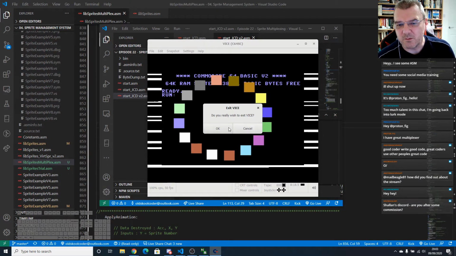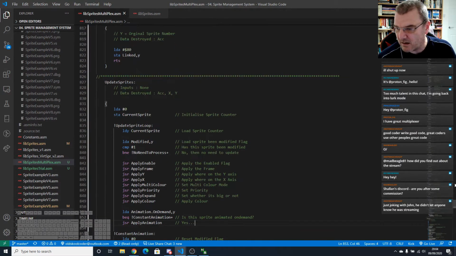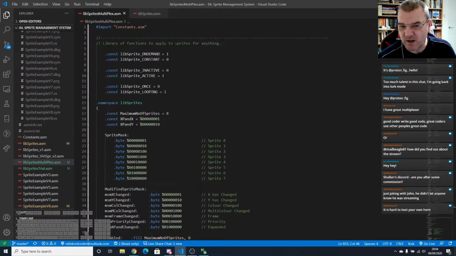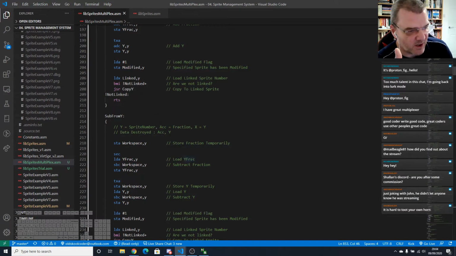And then hopefully we'll have 2 libraries that we can mess around with when it comes to doing the Hunchback. So I've created a new library called Sprite Multiplexer, and it's an exact copy of our original Sprite library. So we're going to have to modify the original Sprite library just slightly,